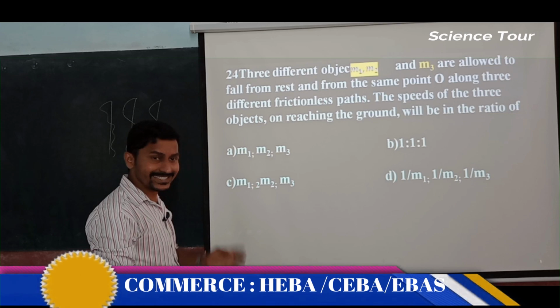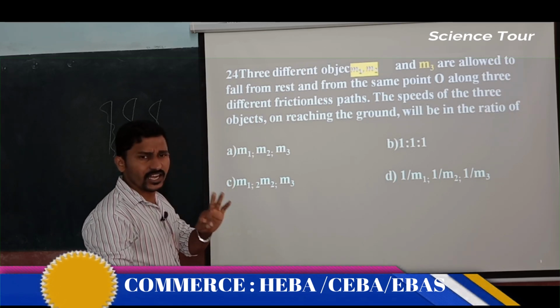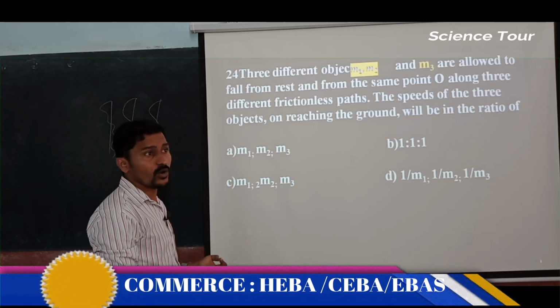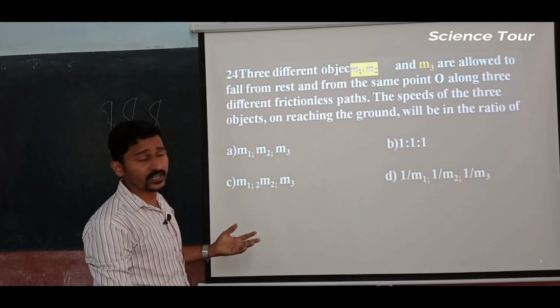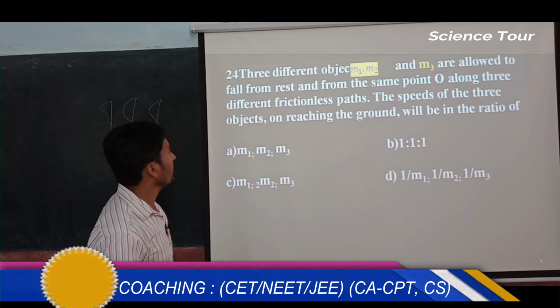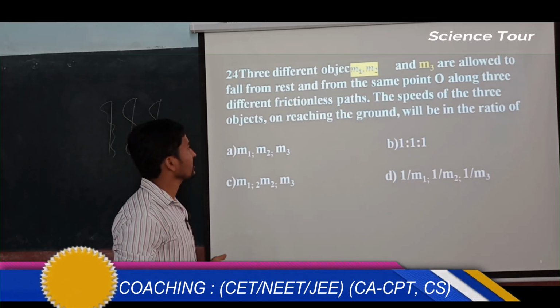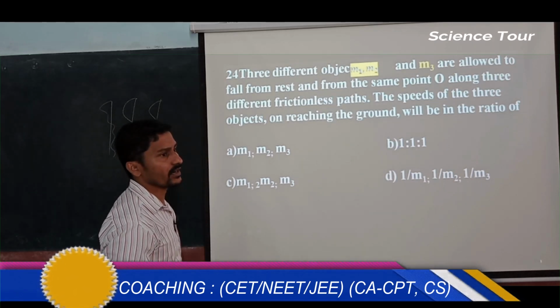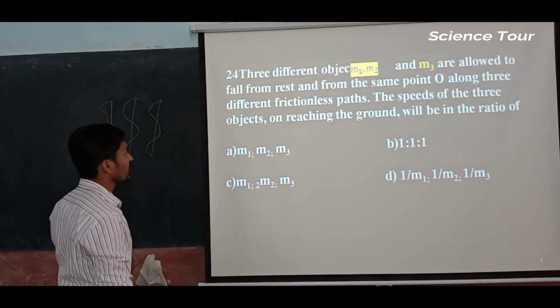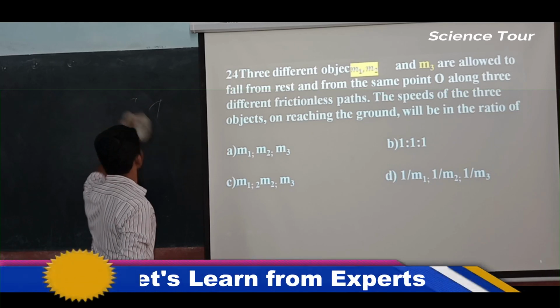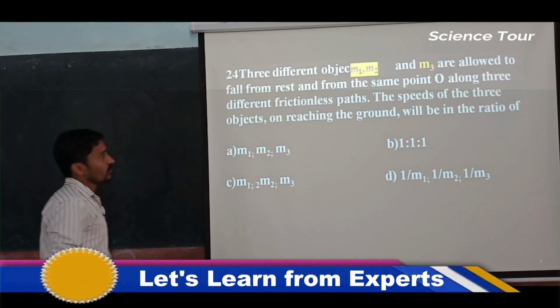Did we discuss the three kinematic equations based on the path? No, right? We discussed them based on the total initial and final position. So now there is nothing to worry about the path. That is the extra term they have given. Frictionless tells that there is no air resistance, that's all. And now they have asked, if that is the case, what is going to happen?